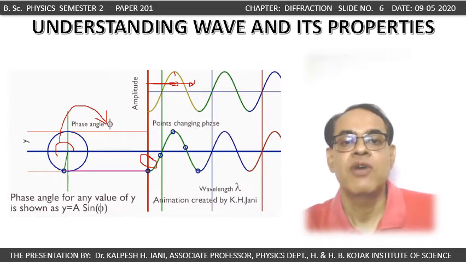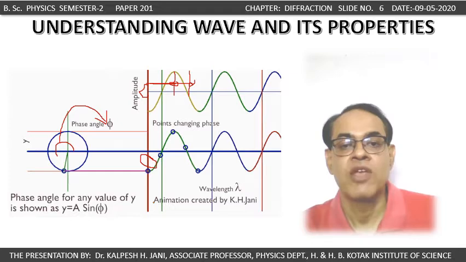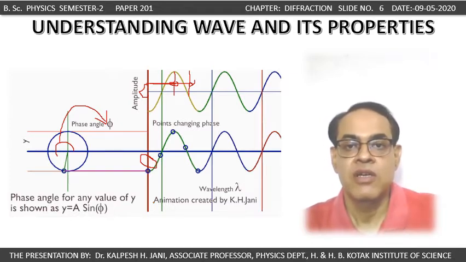So whether you are looking at this point of the wave or at this point of the wave, it is not clear from its y position alone, but it can be made clear by this angle which the point on this circle subtends with its origin. So this is known as the phase of the given point on the wave,